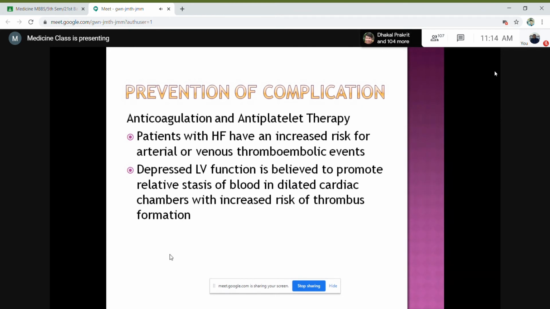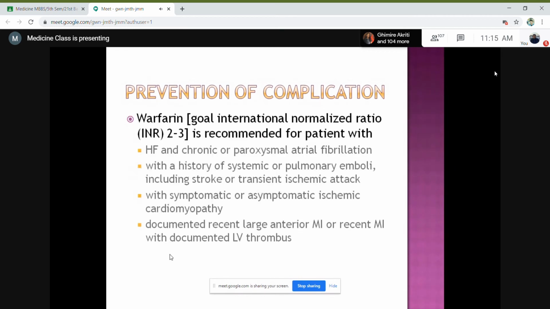like if the ejection fraction is less than 40%. It helps because of stasis of the blood within the dilated chambers, which increases the risk of thromboembolism. So it is generally advised in a patient who has depressed ejection fraction as well. Okay, so warfarin is the drug that is recommended for these patients. It is recommended for all patients with heart failure and chronic or paroxysmal atrial fibrillation,